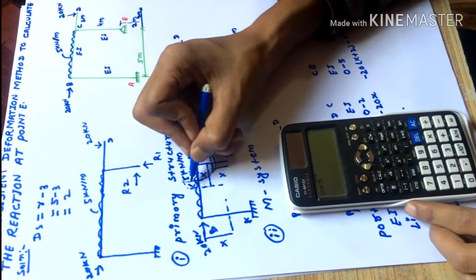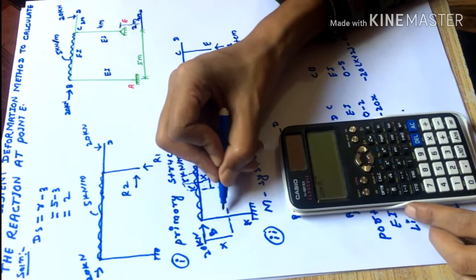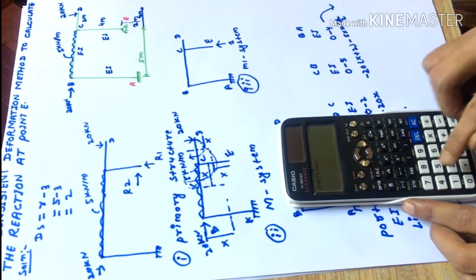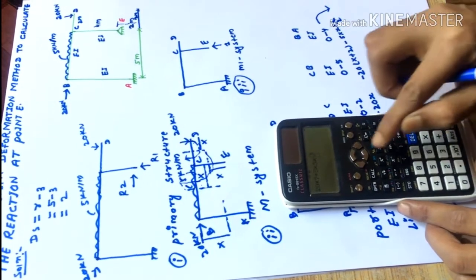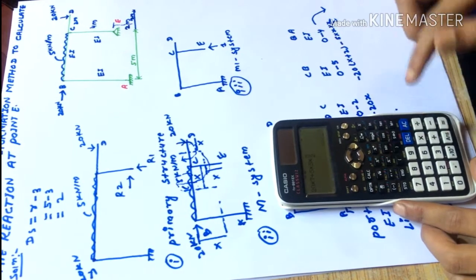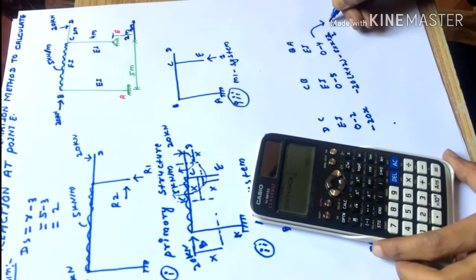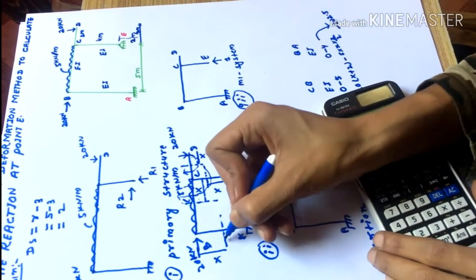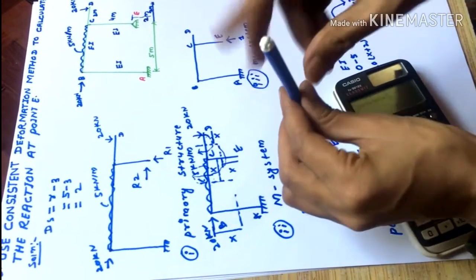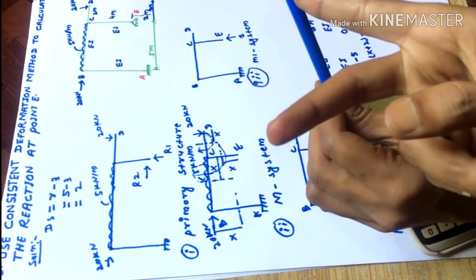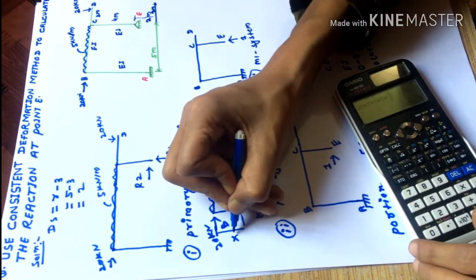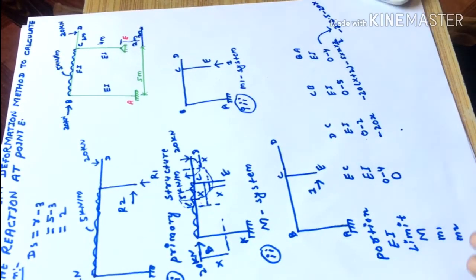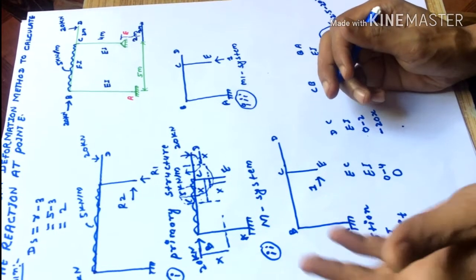Also, this uniformly distributed load will rotate this section in clockwise direction. So this is also taken as negative. Here 5 into 5 and acting at half, that is 5 by 2. So this is negative, minus 202.5. And in the figure we can see this 20 kilonewton force rotates this section in clockwise direction. So the perpendicular distance is x, so 20 into x, take it as negative 20x. Now we have calculated the M system.